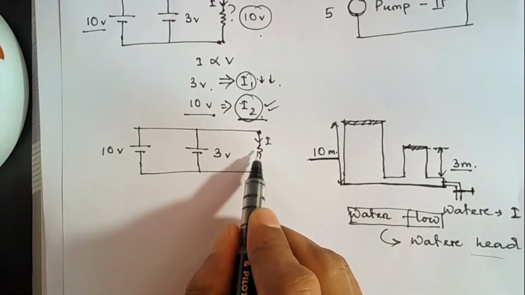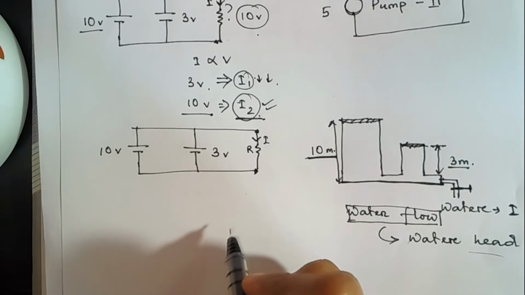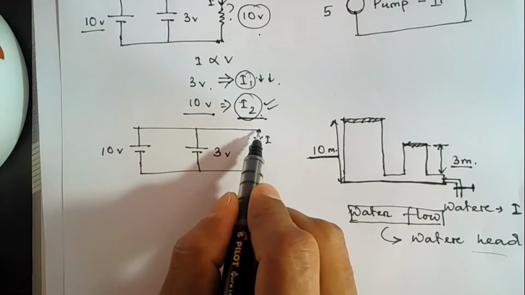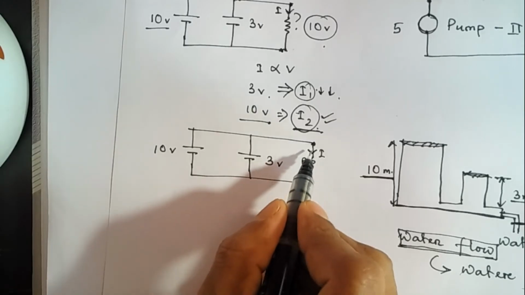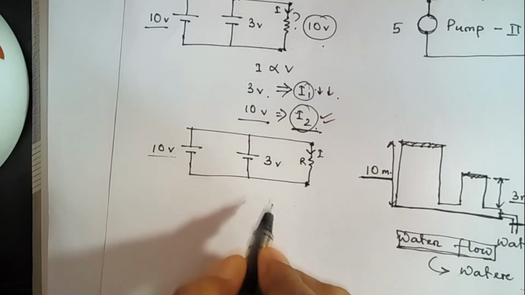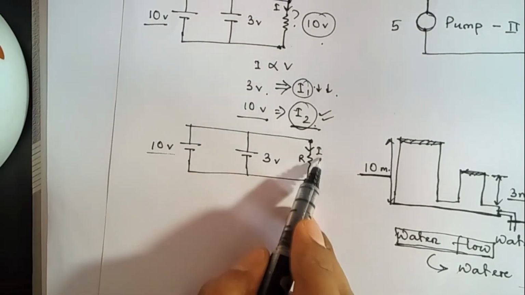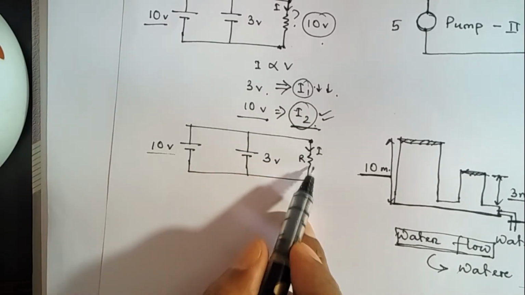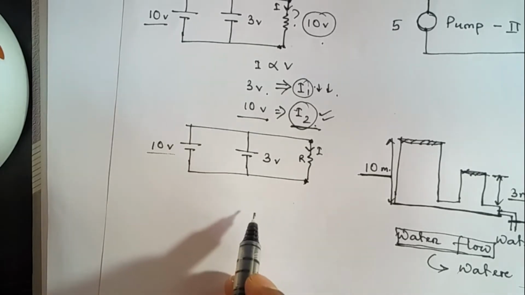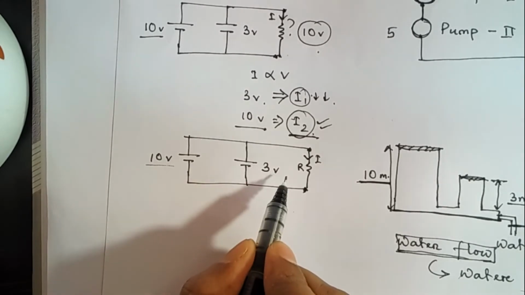So we have connected a resistor through this path and the current is flowing through this way. This current depends on the potential difference between these 2 points. So potential difference is higher whenever we have considered the 10 volt supply rather than the 3 volt supply. So what about this 3 volt supply? Will it provide current or not? Ideally it won't provide any current, but in practical cases, as we'll see in our future classes, this 3 volt supply will also provide current.